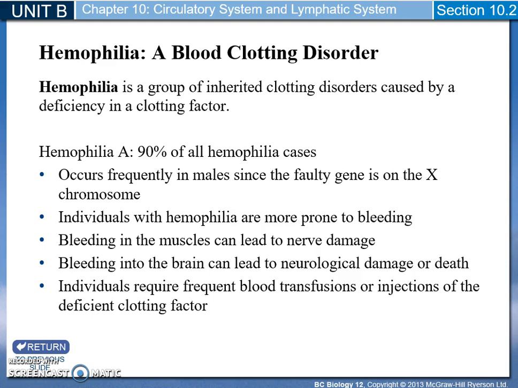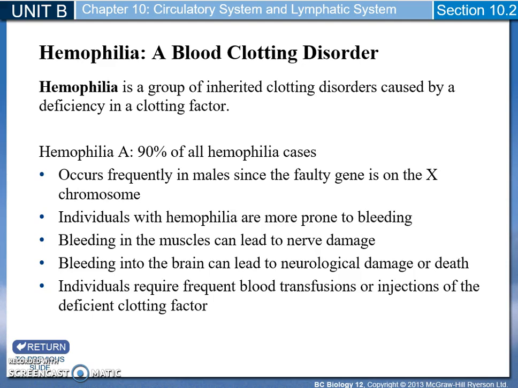Hemophilia is a condition in which that process is not functioning correctly. And hemophilia A comprises probably about 90% of all hemophilia cases. It occurs frequently in males since the faulty gene is on the X chromosome, and individuals with this condition are